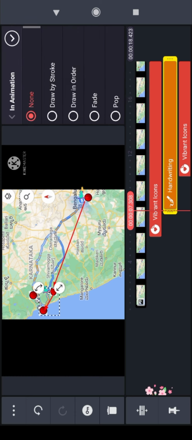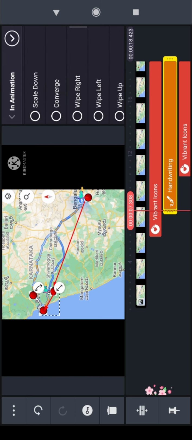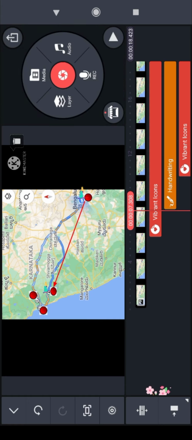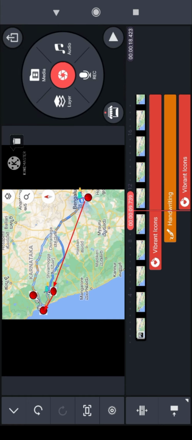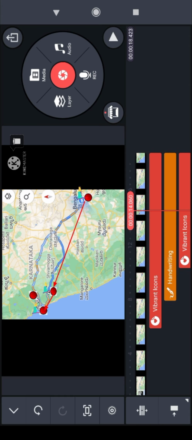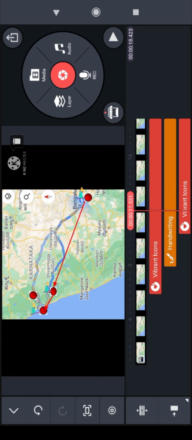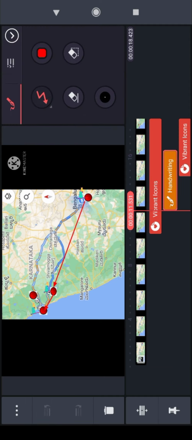And same animation, you need to remember it, wipe left. Okay, and again click OK, and again from Gokarna to Yana takes some time. From here I will draw another handwriting line. Go to the handwriting, select it.